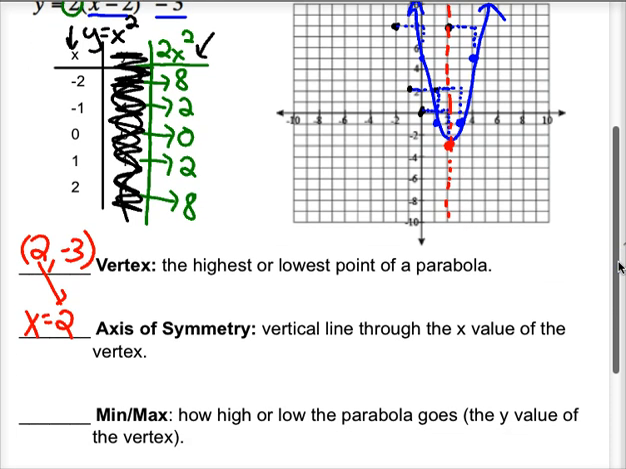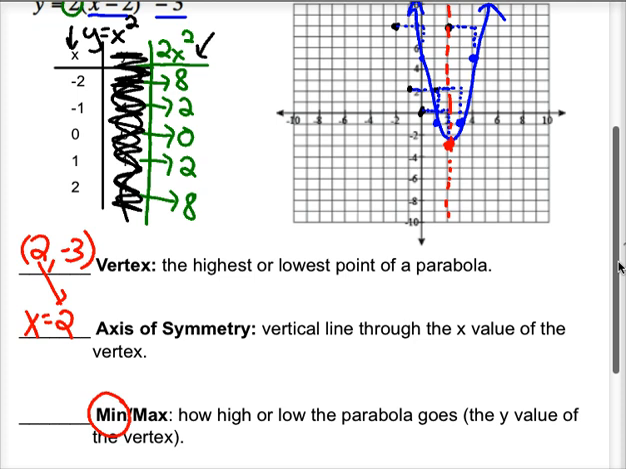All right, the next part, as a min or max. Now this is also connected to the vertex. So here notice the vertex is the bottom of my graph, okay? It's the bottom of my function. So because it's the bottom, it means it is a minimum value,